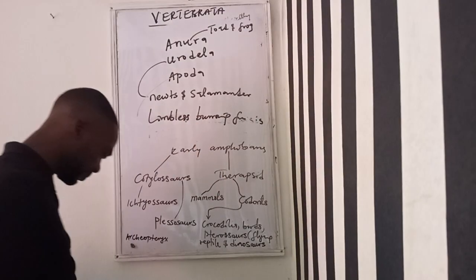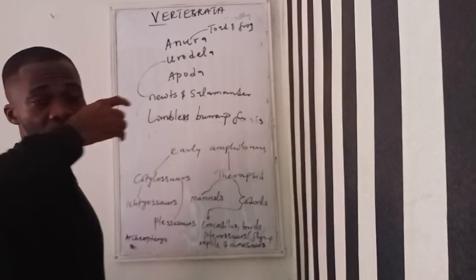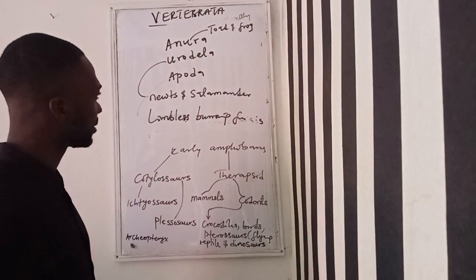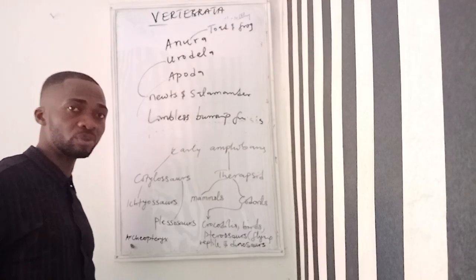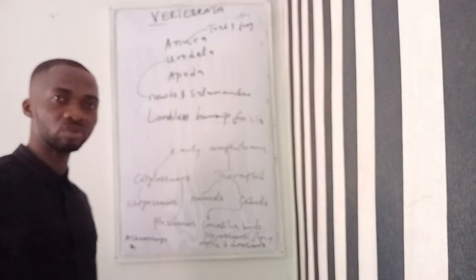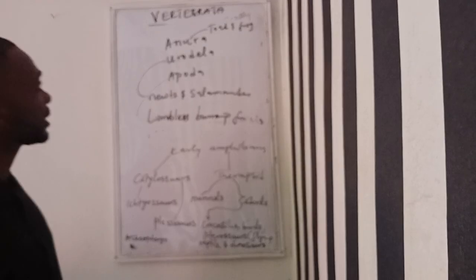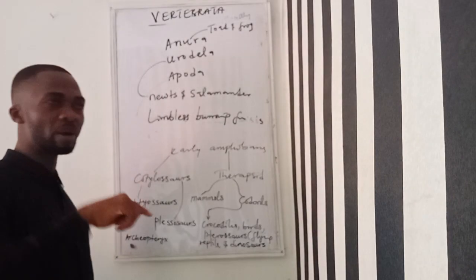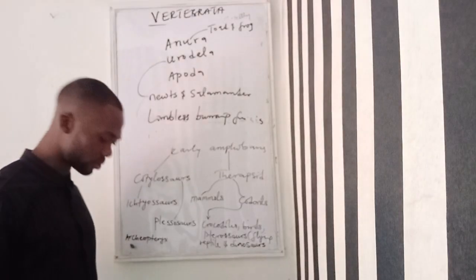Limbless burrowing forms. And why are they called limbless burrowing forms? Of course, they did not have limbs, and that is why they are called the limbless burrowing forms. They had to burrow through the ground when they are moving. So these were the 3 different orders of amphibians that were left after the Permo-Triassic crisis. That is what I call the geological or biological disaster that happened at that moment.